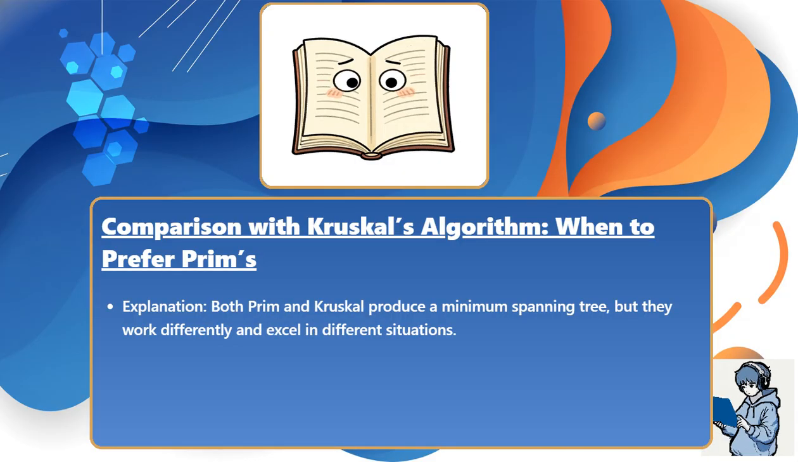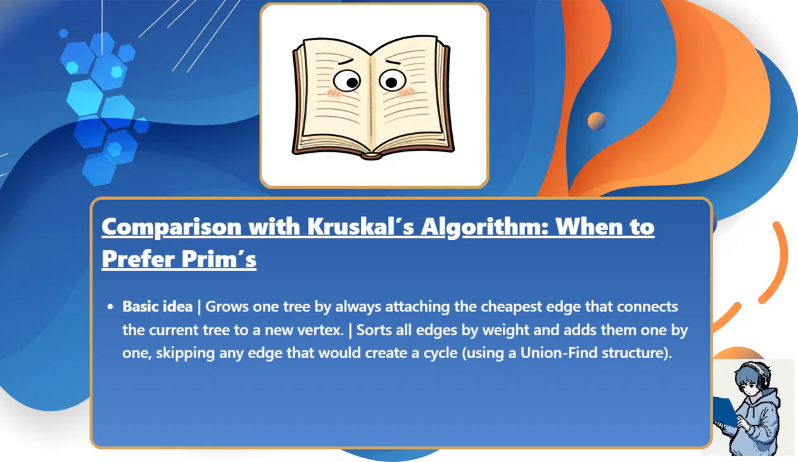Explanation: both Prim and Kruskal produce a minimum spanning tree, but they work differently and excel in different situations. Aspect: Prim's algorithm, Kruskal's algorithm. Basic idea: Prim grows one tree by always attaching the cheapest edge that connects the current tree to a new vertex. Kruskal sorts all edges by weight and adds them one by one, skipping any edge that would create a cycle